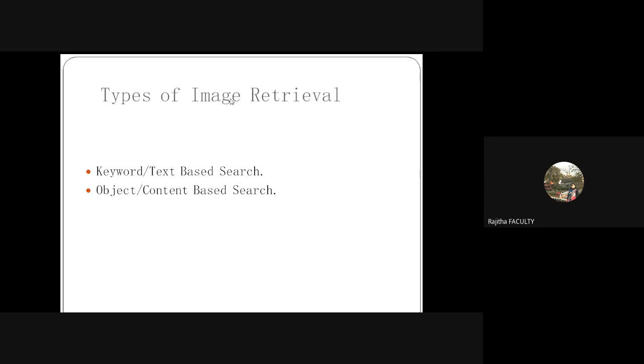You compare the features of the query image with the features of the images in your dataset. This is what is called content-based search. Rather than text, you are actually looking into the pixel values of that image, whether it could be a color, an edge, a shape or whatever. We are looking into the content of the image rather than text. That is why approaches of this kind are said to be content-based search.